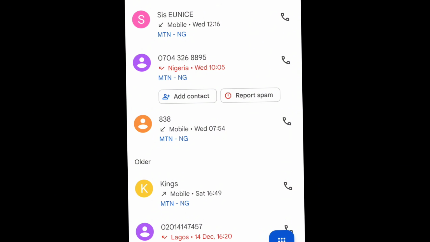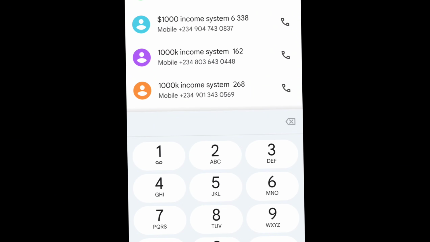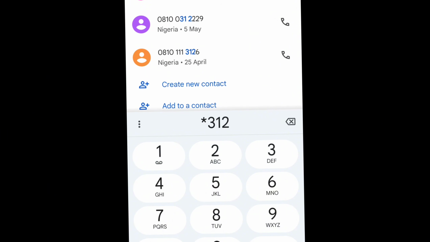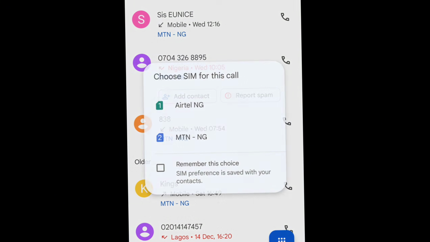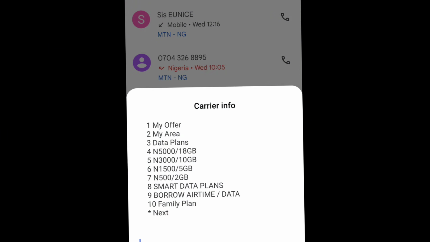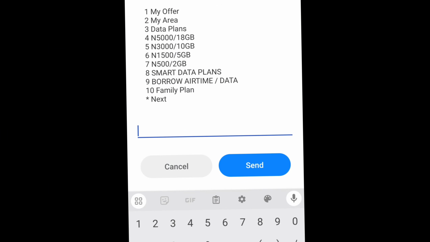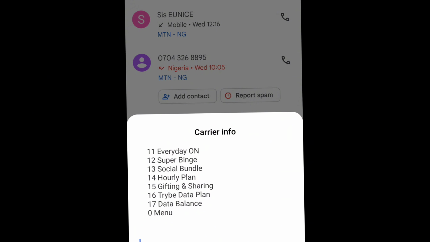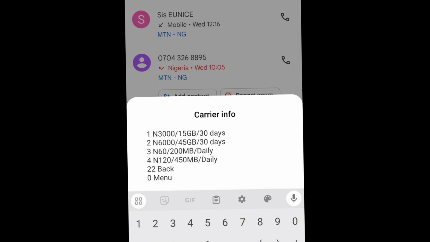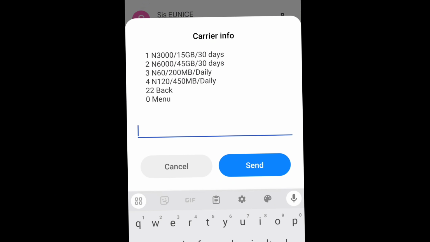So the second code to get data at a very cheap rate from Airtel is *312#. Then you dial #, which is next. It will take you to the interface. Then you dial 11, which is the everyday plan. The one that I normally use most here is 6,000 naira, which is number 2. So with 6,000 naira, you get 45 GB of data and it will last you for 30